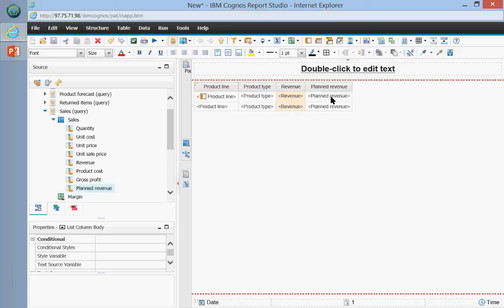What I'm going to do is select these two columns by pressing Control. I have selected revenue, I am pressing the Control key right now, and then clicking on planned revenue. Now these two columns are selected. All I'm going to do is go to this summarize icon. Okay, so if I click on the summarize icon,